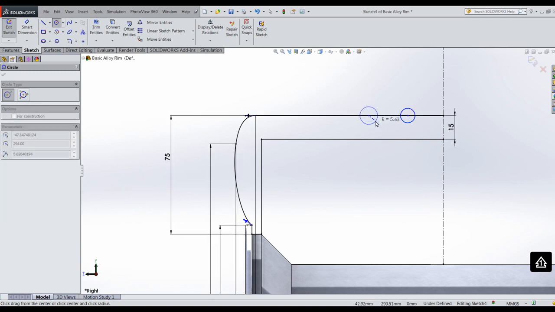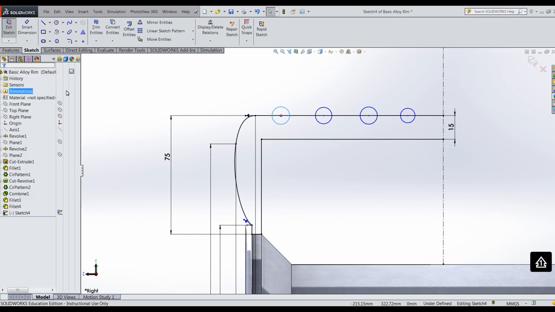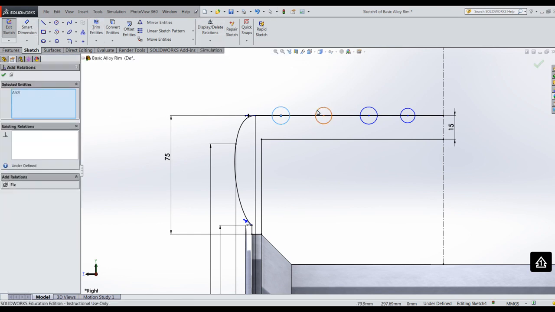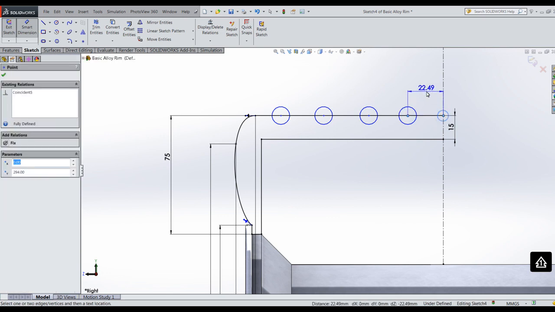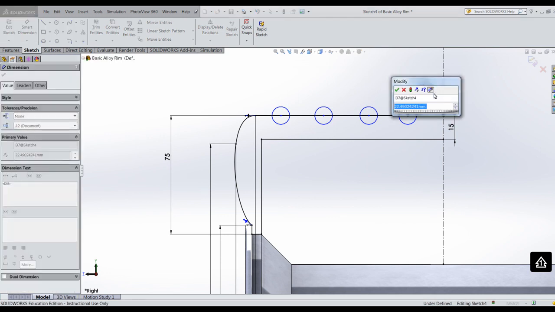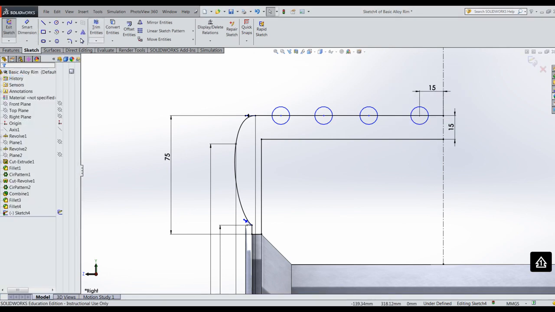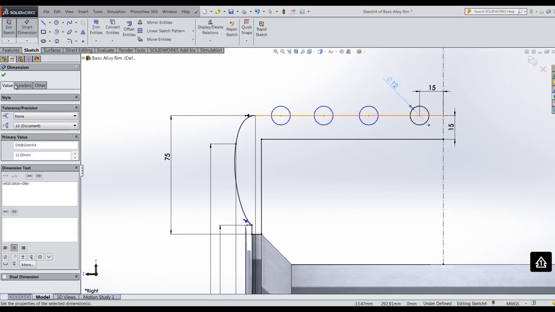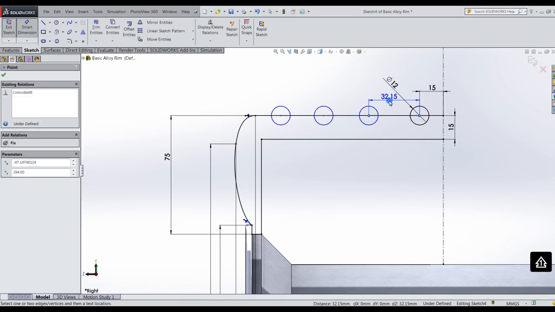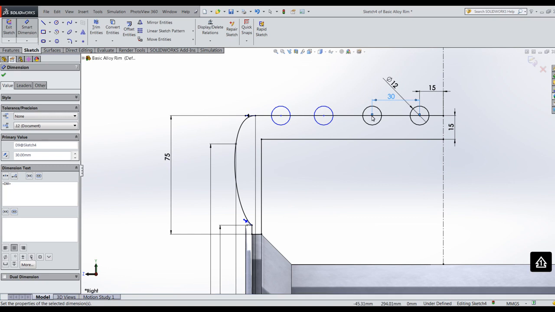Now I'm going to put a little bit of a profile, or like the treads in the tyre, I suppose. And you could get a lot more complicated in what I'm going to do here. I'm just picking out 4 circles. I'm putting an equal relationship between each of those, and I'm going to pick a few distances between each of these as well. Sometimes it can take a bit of messing around with what looks good size wise. I'm not terribly concerned here, just at a kind of even spacing for